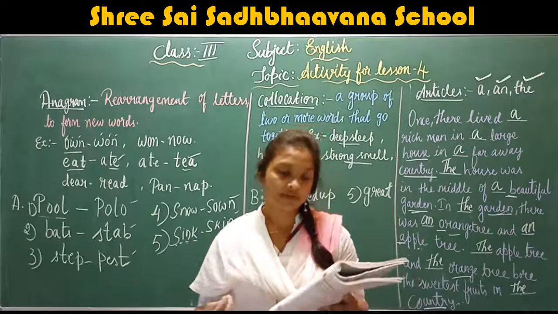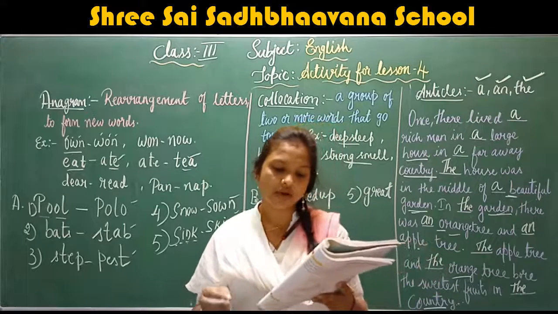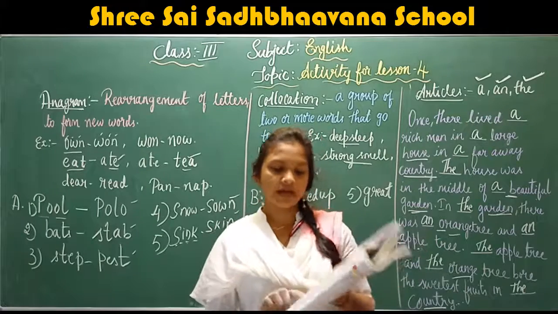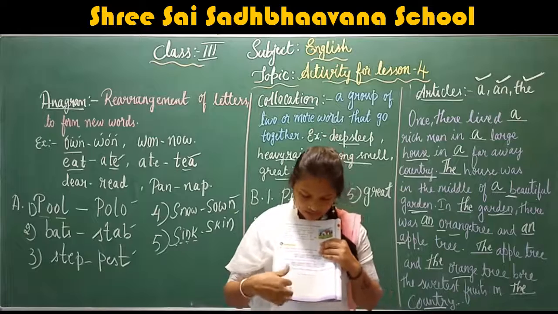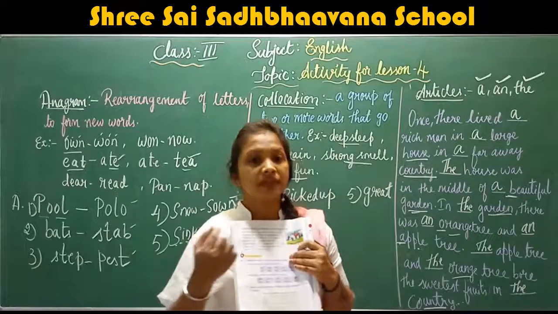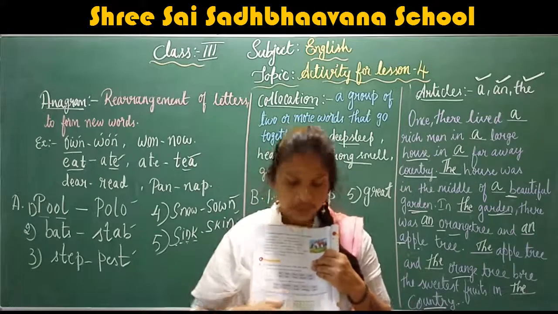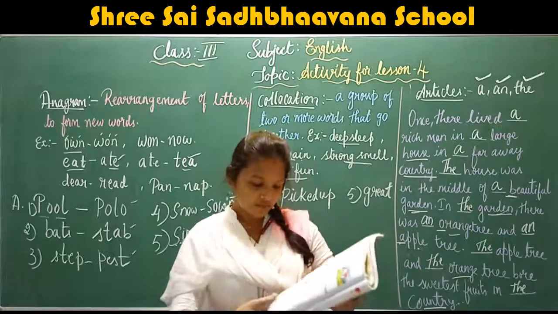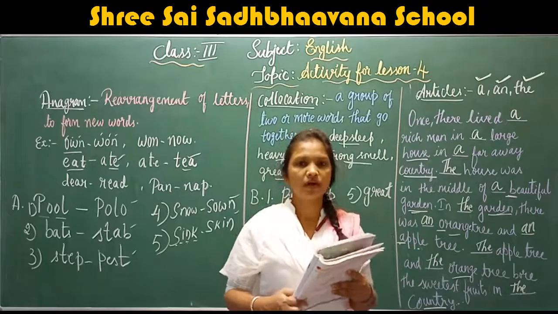So what activity have they given? Identify and circle the words containing the letter combinations CK and SH in the grid. Here they have given a puzzle, a grid. Among these letters or words, we have words which have the CK sound and the SH sound. So we have to identify and mark the words. And this will be your homework. Page number 50, the last main will be your homework.